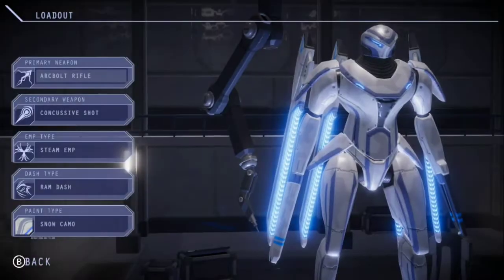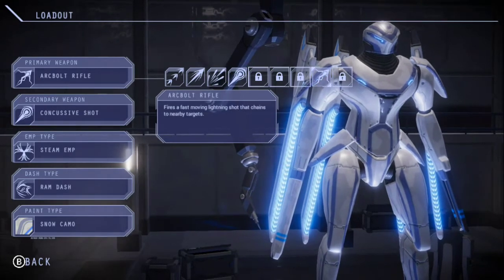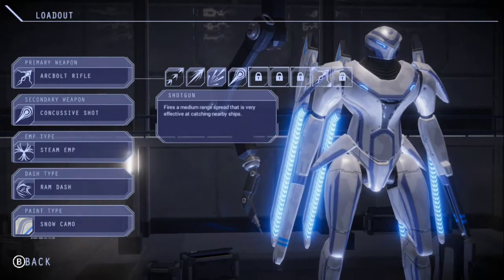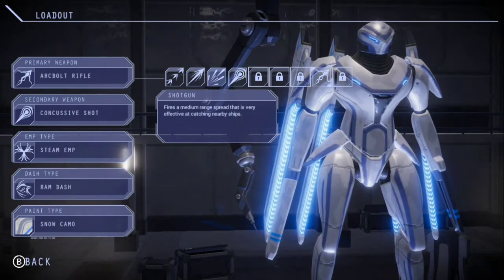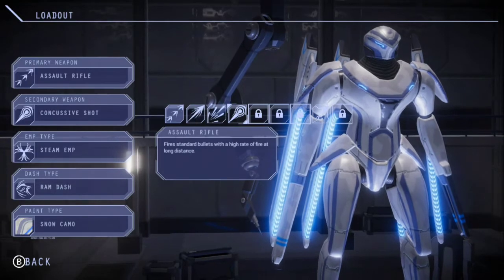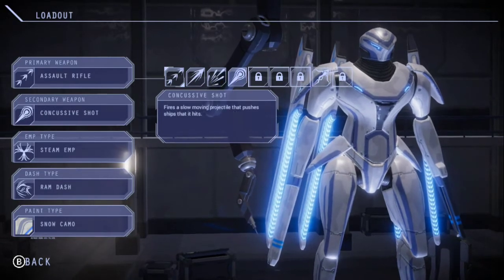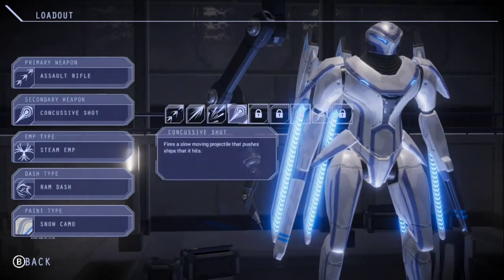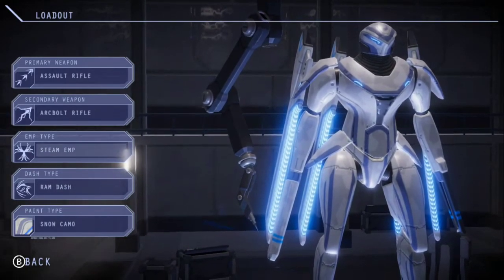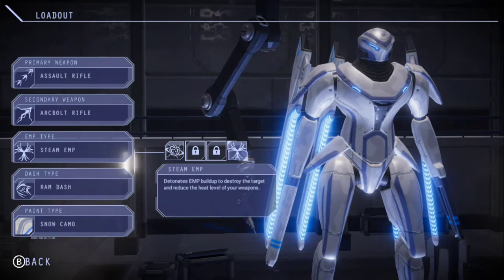Alright, so we're going to do Eclipse. This time we're going to hit X. So this is where you can change your weapons, and you unlock weapons based on how well you do in the mission, as well as story progression. I'll do the assault rifle for that, and then I'll do that one. Okay, so assault rifle and arc bolt rifle, and then I have the steam EMP selected,